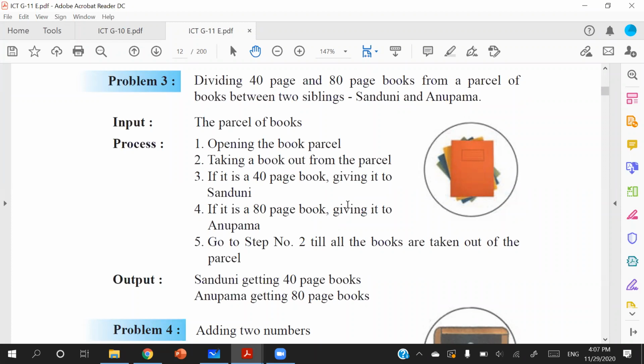Right? So what's going to be the input for this scenario? It's the parcel of the books. So that is what we have to divide. So the parcel of books is going to be the input. And the processes. So you have to open the parcel. And you should take a book. And remember, when you are reading this through, you will feel that this is being explained bit by bit, step by step, in a primitive way, one by one. So that is the way that you are going to create an algorithm. I'll tell you what an algorithm is,